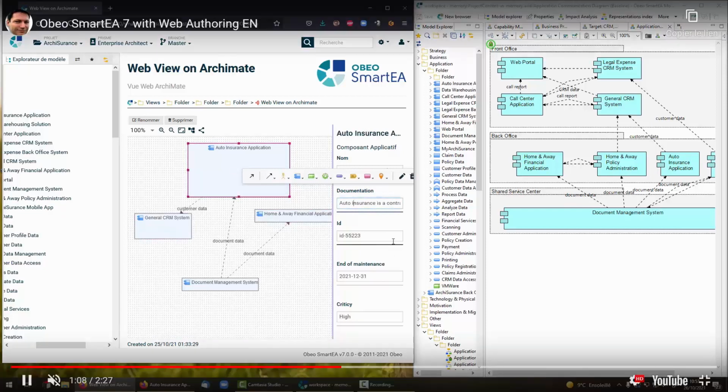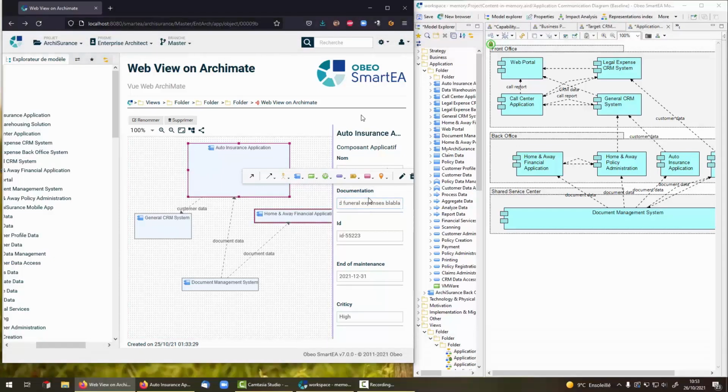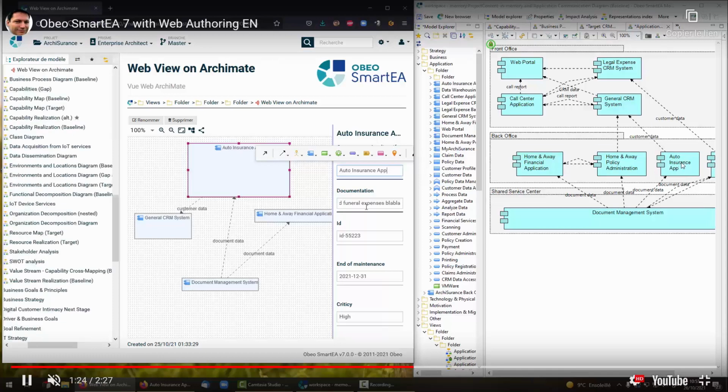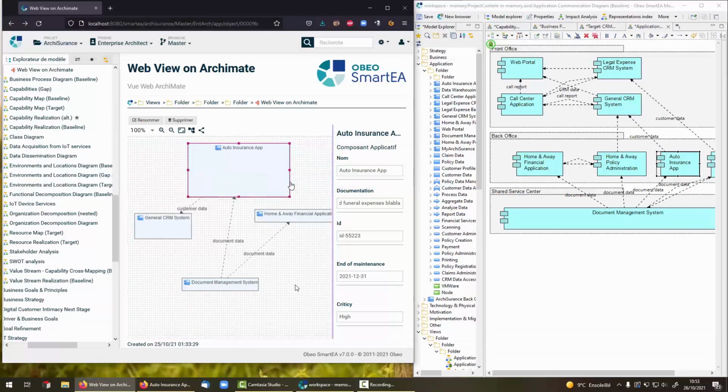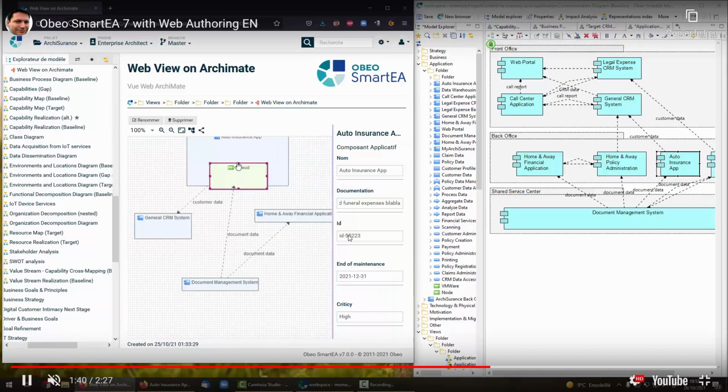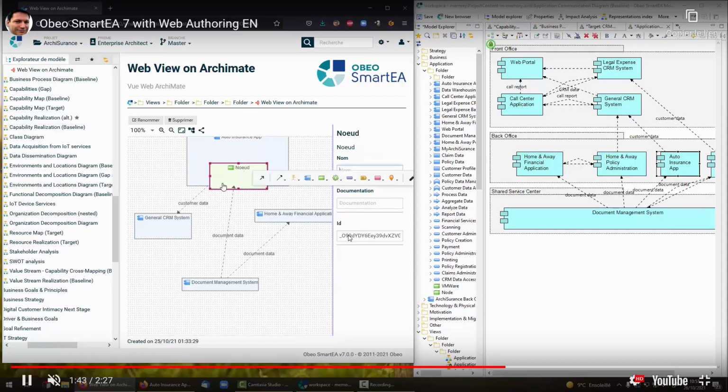Thanks to Sirius Web, I can modify any part, any attribute of my models directly from my browser, and I can also see the result of any modification on my desktop-based application. Look here, you will see that this element has been renamed directly on the web. And on the web, you don't have any save actions. Everything is live, and so we succeeded in fluently managing the two elements. You can also create new elements. In this example,